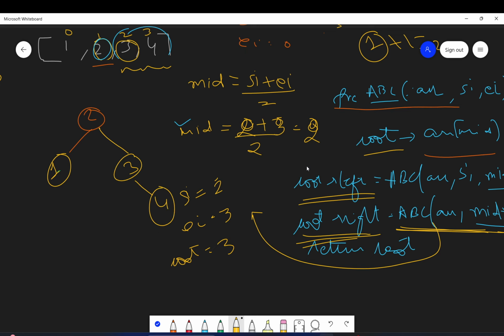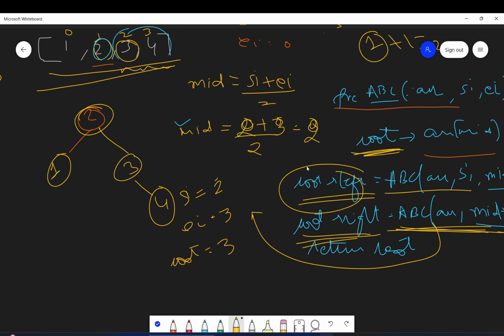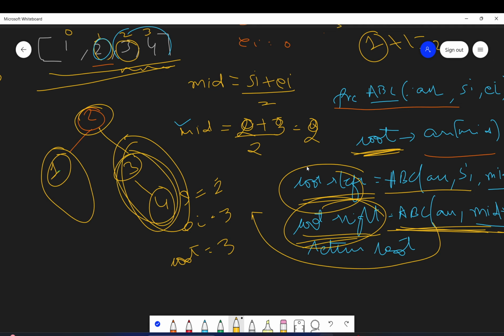Okay. So in this way, you will be creating your balanced binary search tree. First of all, you will calculate the root. Whatever root is there, then you will make the recursive call to get its left subtree. You make the right recursive call to get its right subtree. This will happen recursively inside of these calls. Okay, I hope you understood it.